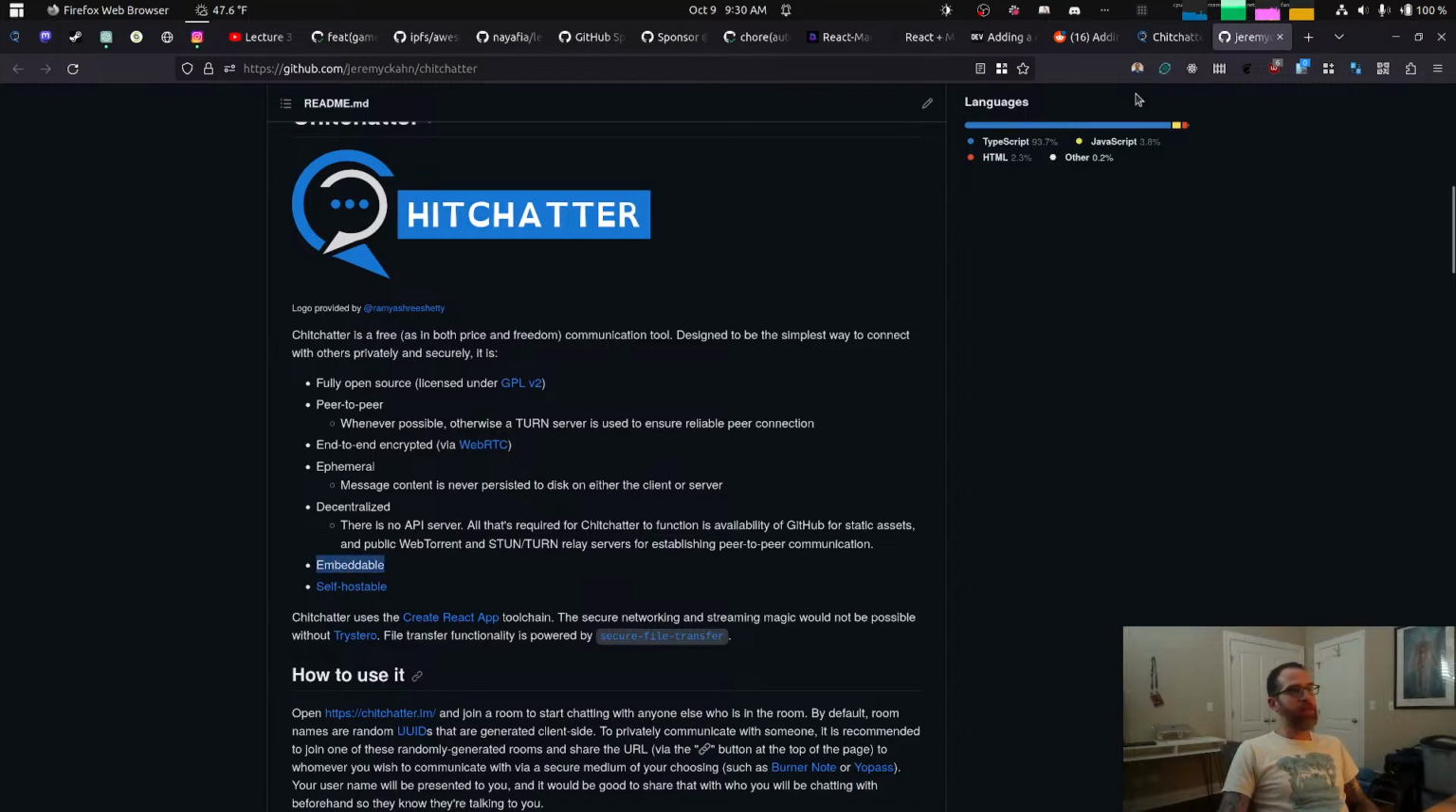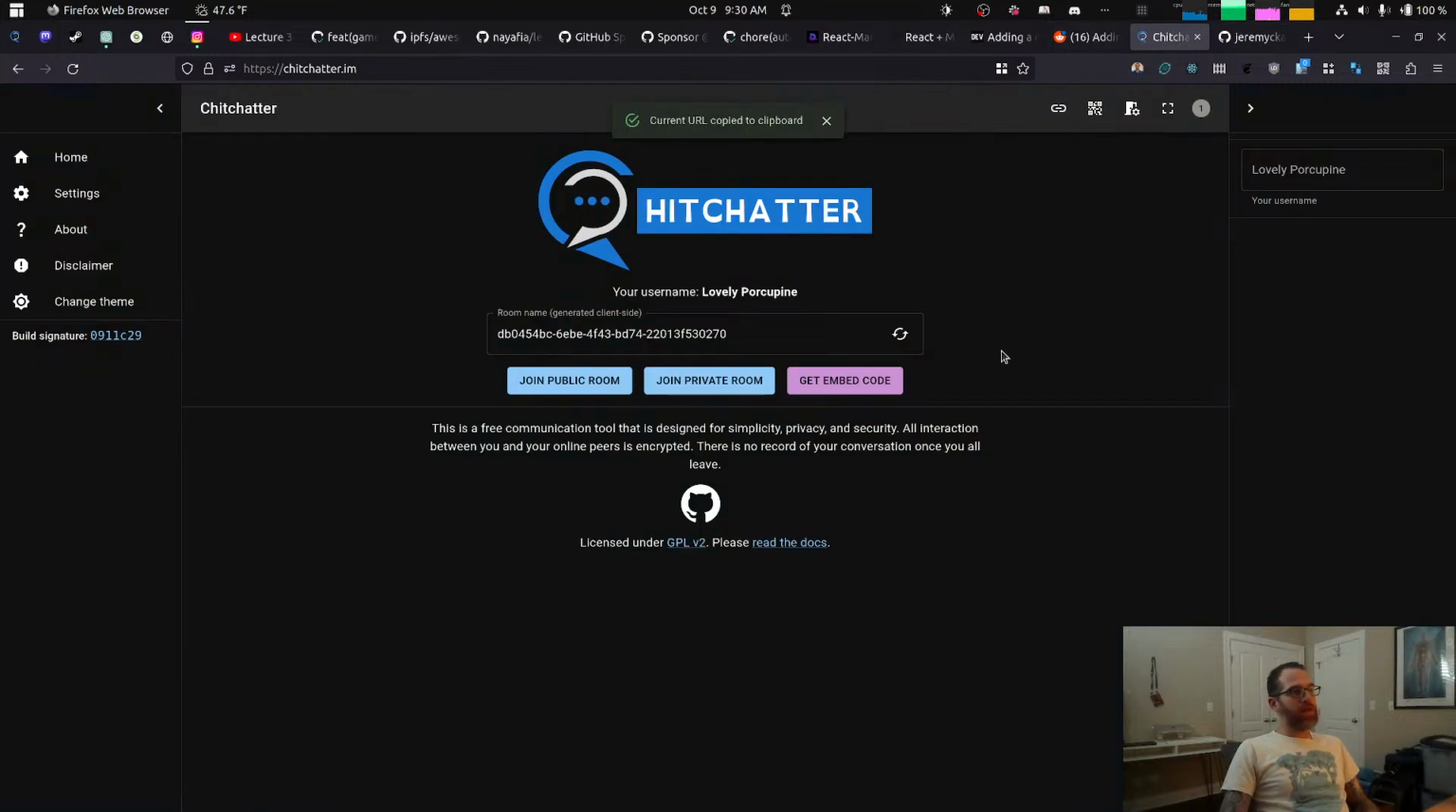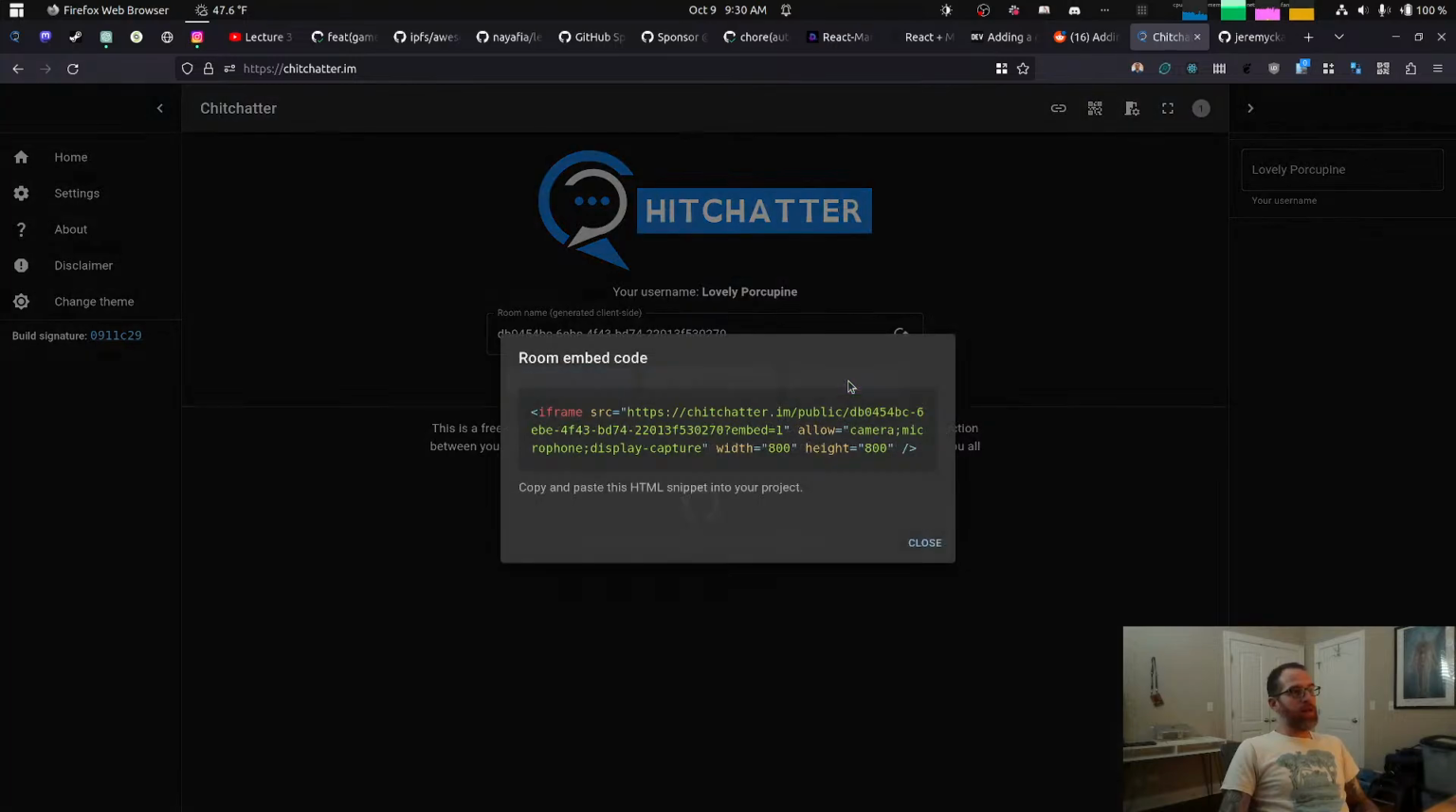Now Chitchatter is embeddable. So what that means is that you can click this Get Embed Code button and get HTML code for an iframe and just pop that into whatever web app you're working on. You can of course tweak your width and height, but this just makes things easy because it allows the relevant permissions, and we'll be adding a new one today. And this is the relevant bit for actually embedding Chitchatter, and we can see what that looks like by just